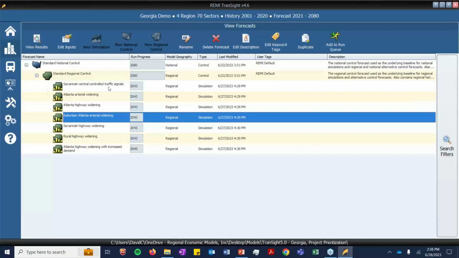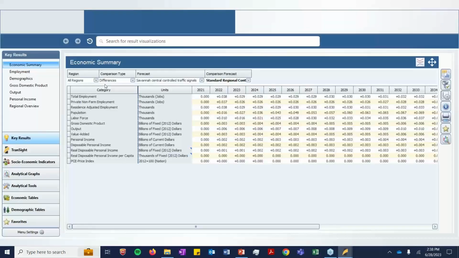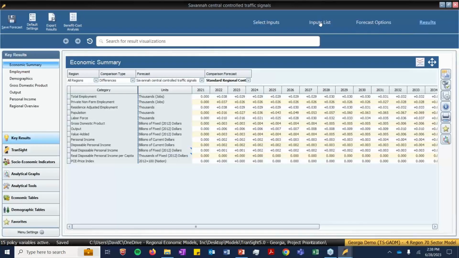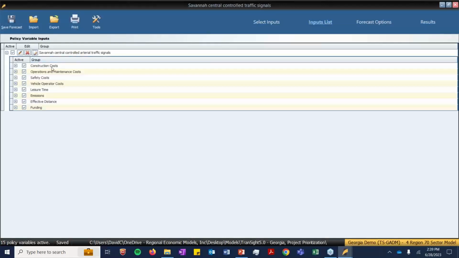What's interesting about these forecasts, which I'll show you in a moment, is that they were produced using a separate benefit cost analysis tool. I'll go into the inputs list here to show what that looks like. I'll expand everything here.